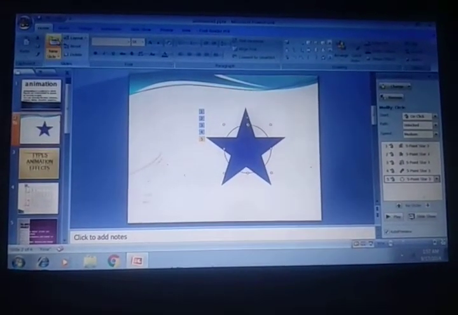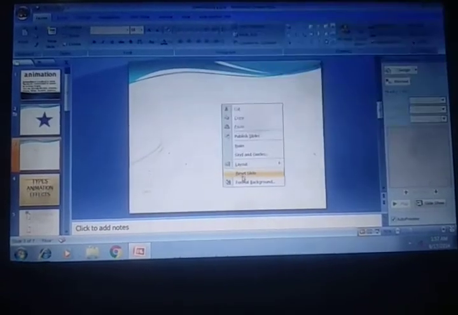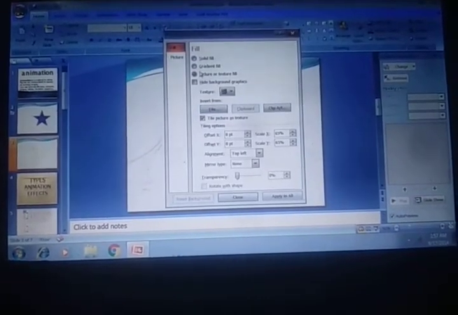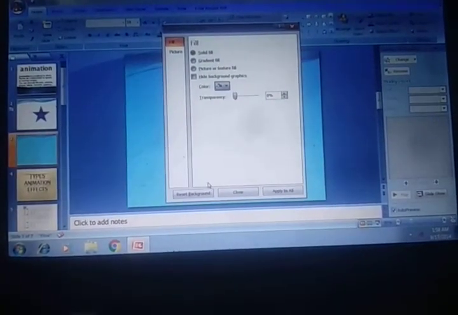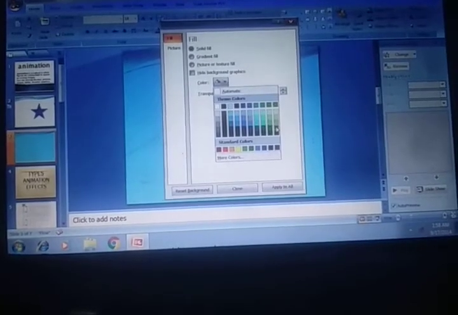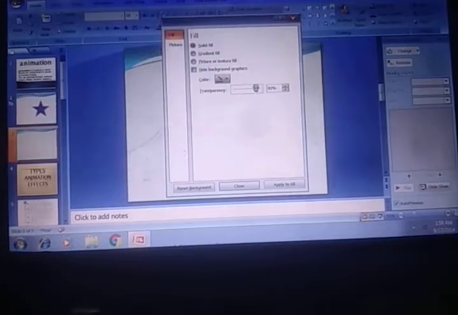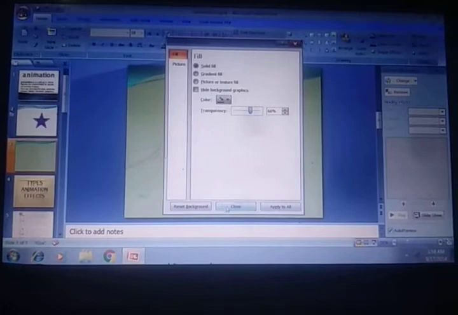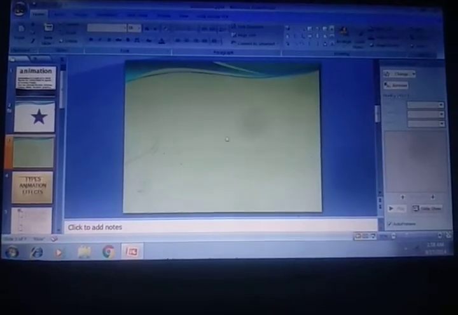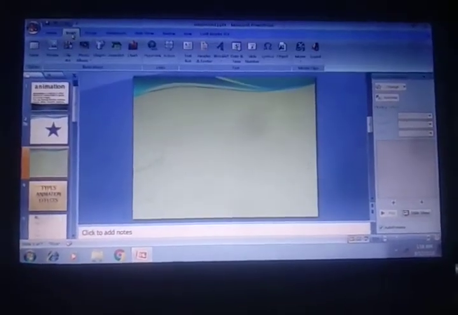You can also choose new slide, blank slide, format background color if you want to give a solid color. Then there are a different number of colors. See, or you can choose another. Okay, you can give the transparency 0 or whatever percent you want. Apply to all, or okay, so we can insert a picture here also.